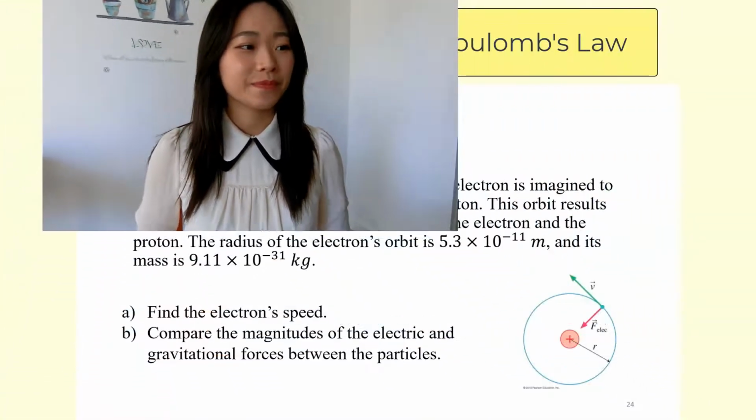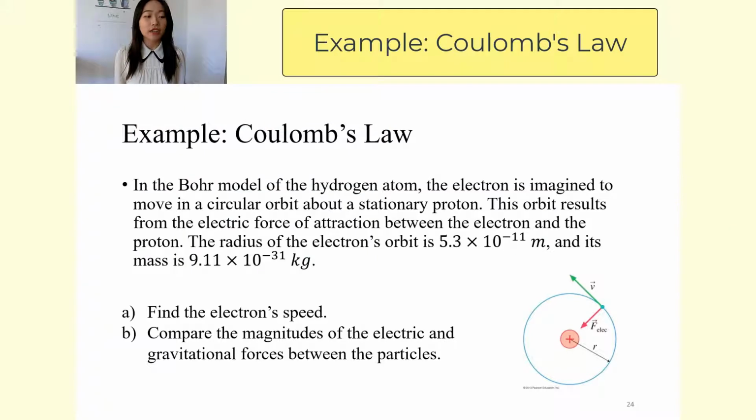In the previous lecture, we looked at Coulomb's law, which tells us the electric force between two point charges. We look at the force in terms of magnitude and direction. Now let's look at this example. In the Bohr model of the hydrogen atom, the electron is imagined to move in a circular orbit about a